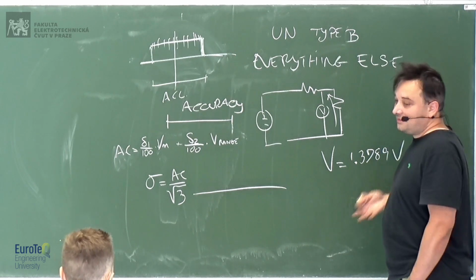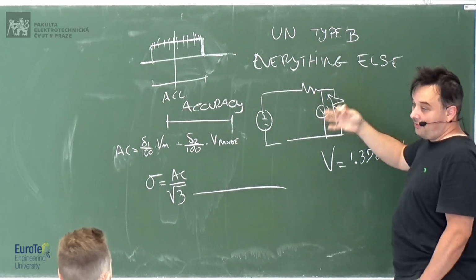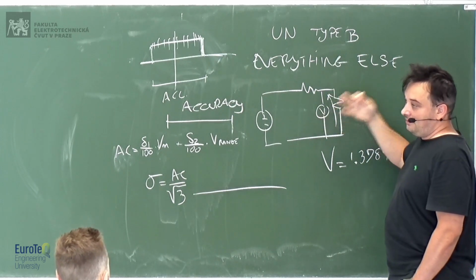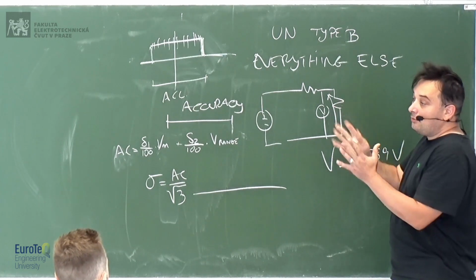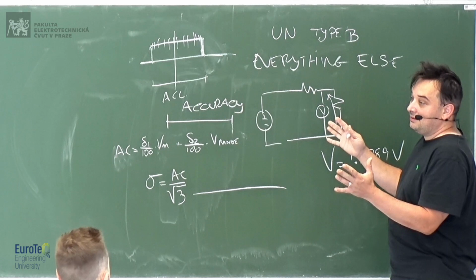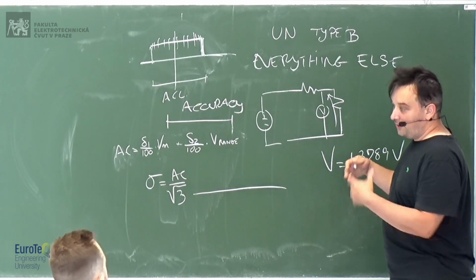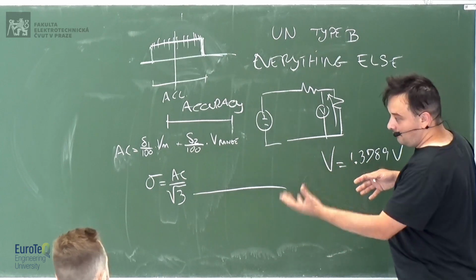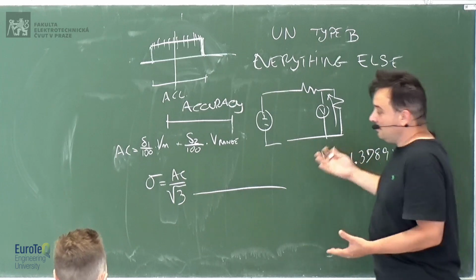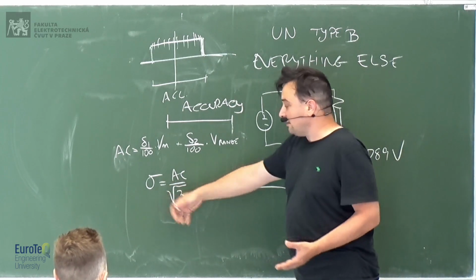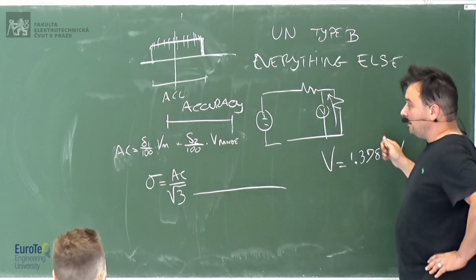Again, we take the standard deviation, okay? We use this principle with type A uncertainty and type B, because we want to know how large is the spread of values. We calculated the standard deviation with type A and also with type B, the same. In this case, if you have a uniform distribution, the standard deviation is the range divided by square root of 3, okay? Fine.